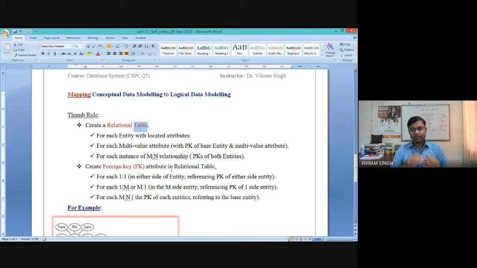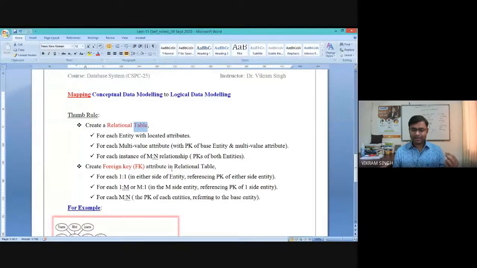Similarly, in the case of 1:m and m:1, this case is very specific and very important, right? So we have one side entity as 1. We have two entities again because it is a relationship. So now you can do one thing.